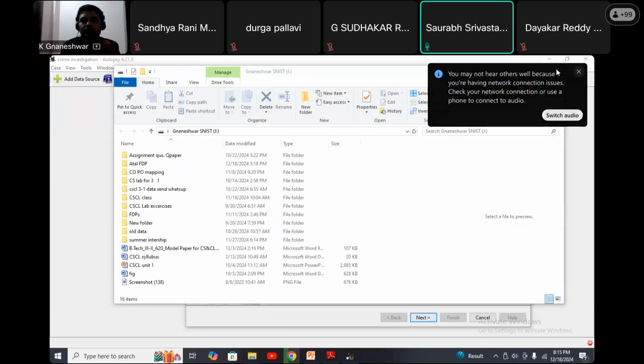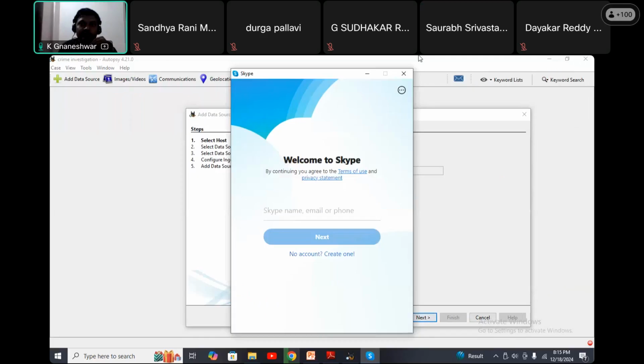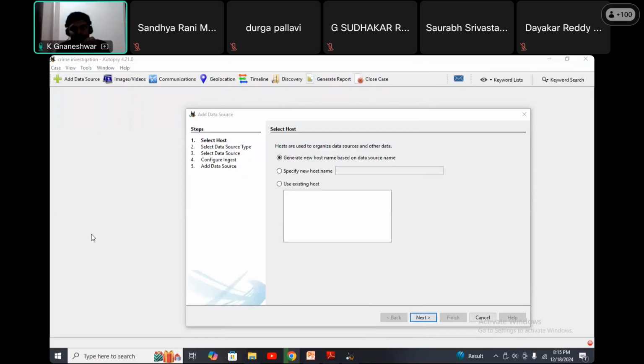Sir, can it be installed on Android systems too? The mobile application is different, sir. Here I am showing the total desktop application only. The mobile application is applicable in any apps also, on Play Store, Android systems. It is available, open source only. But the procedure, sir, is different. Sir, is that available on Google Play Store?